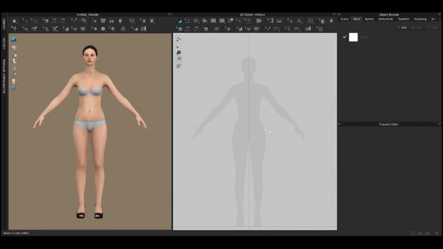In this video, we will learn how to make a basic bodice block in Flow 3D. For that, you have to load the avatar, and if you are a beginner and don't know how to load the avatar, you can watch my other video, and I will give a link in the description. After loading the avatar, you have to make the pattern.